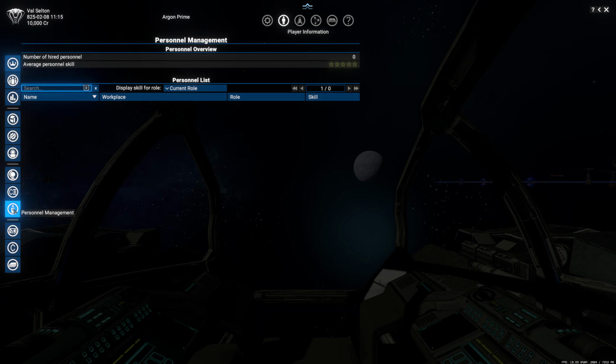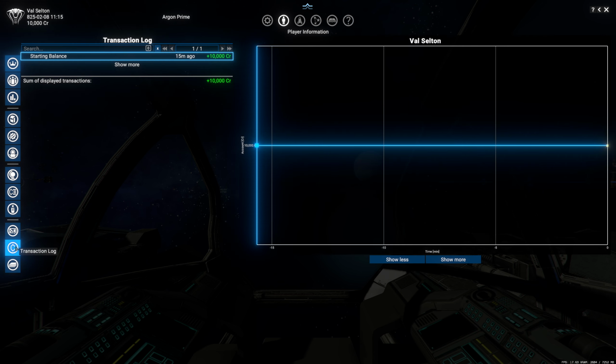Next up is personnel management, which we'll go into in a bit more detail in another episode, where you'll get a list of all of the people who work for you and what they do, what their job is, and what their skill levels are. You can move people around from ship to ship. You can decide where you want everybody to work, and essentially just use this to control the employment of your organization. Then we have a transaction log, which will show the transactions relative to your stations and your buying and